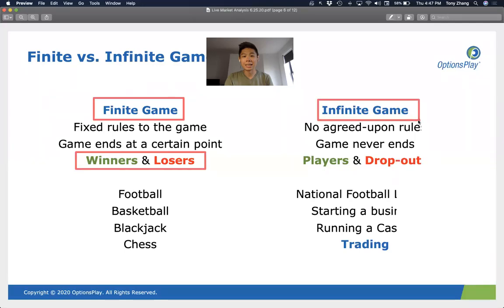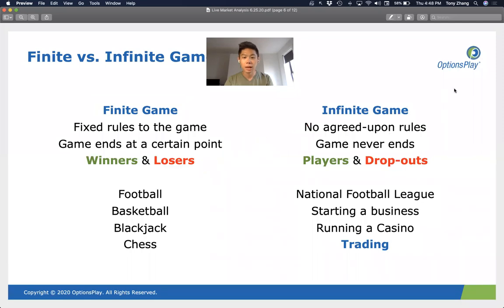So yes, each individual trade you will win or lose on, but if you focus too much on winning here, what you end up doing is you sacrifice here. Every single time you focus too much on winning, what you do is you lose track of the bigger picture. And what I'm trying to teach you is don't lose track of the bigger picture. That's where I see most people blow up their accounts. In the pursuit of winning, they lose track of the bigger picture, and what they do is they blow up their accounts.